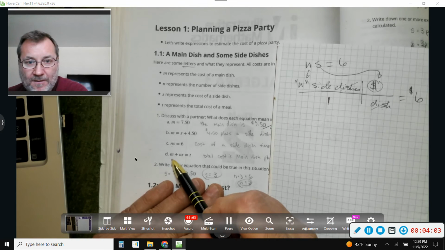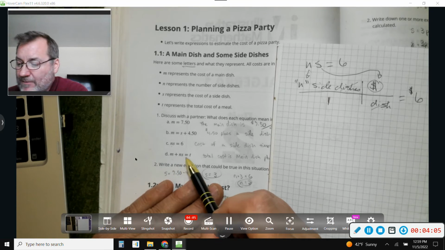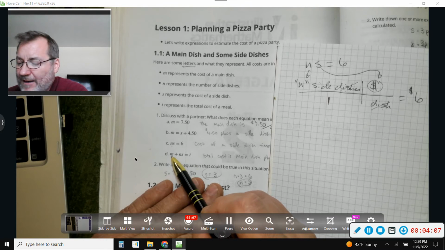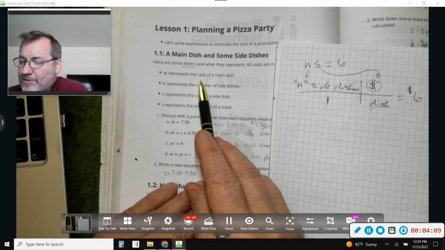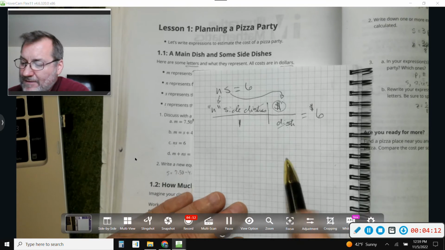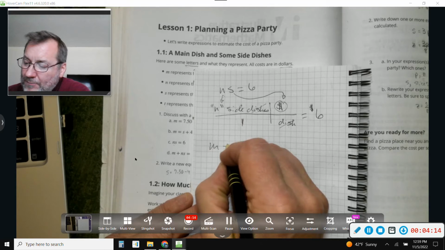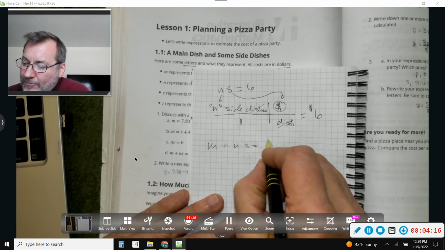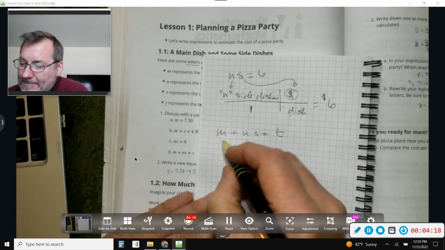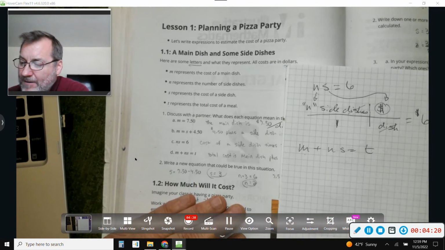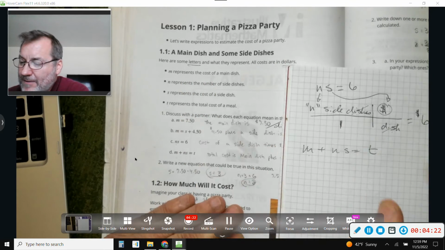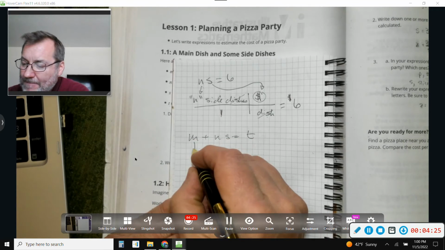You have M plus NS equals T. So all these variables in here. So what are they actually going through? M, which is the cost of the main dish. So let's write this thing down. M plus NS equals T. What's this actually saying? All right. M being the cost of the main dish. So that's going to be in dollars,